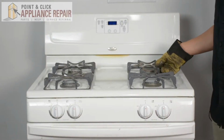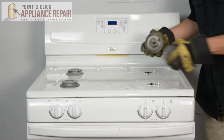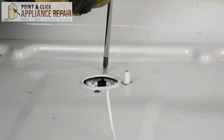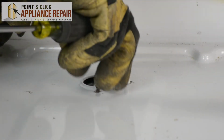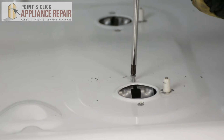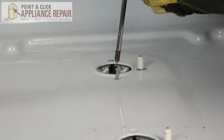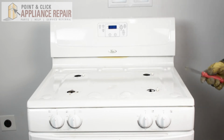So the next thing we're going to do is remove the grates from the top of the stove, as well as the burners and the burner caps. And now I have to remove all the burner screws from the stovetop. Now that I've got all the screws off, I'm going to be using a putty knife, sticking it in the